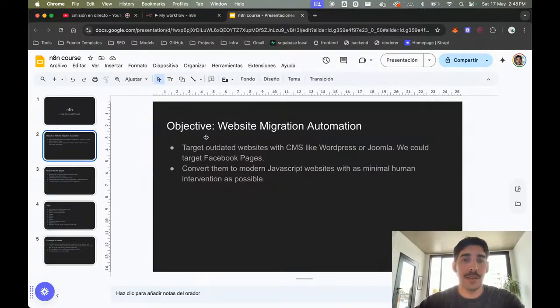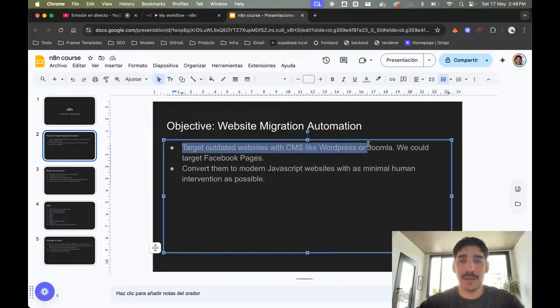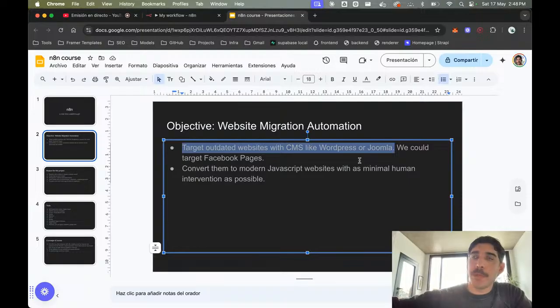Basically, this is the idea. This right here. And maybe I can use it for myself. If I make it work, maybe I can use it for myself to speed up my process. Maybe I can sell this as a service so other people can use it as well without me being there.